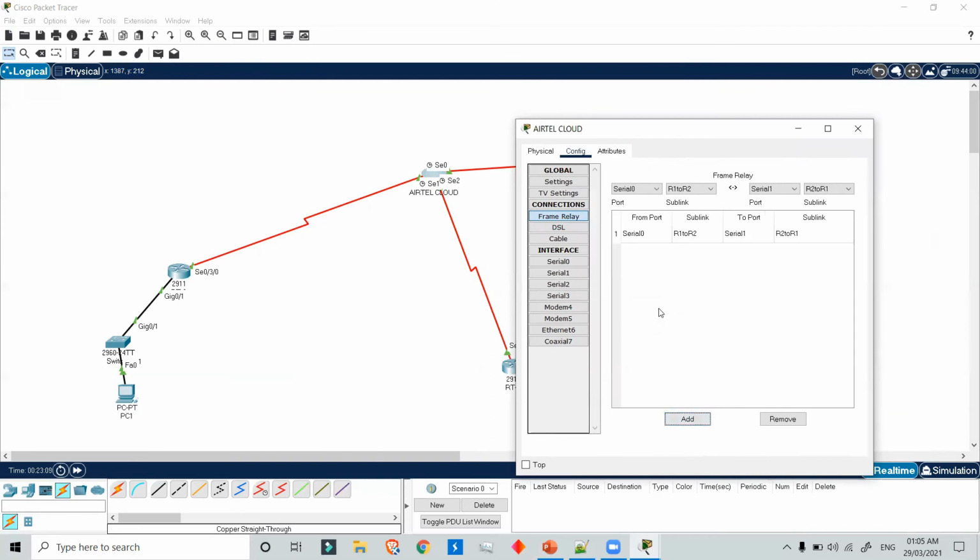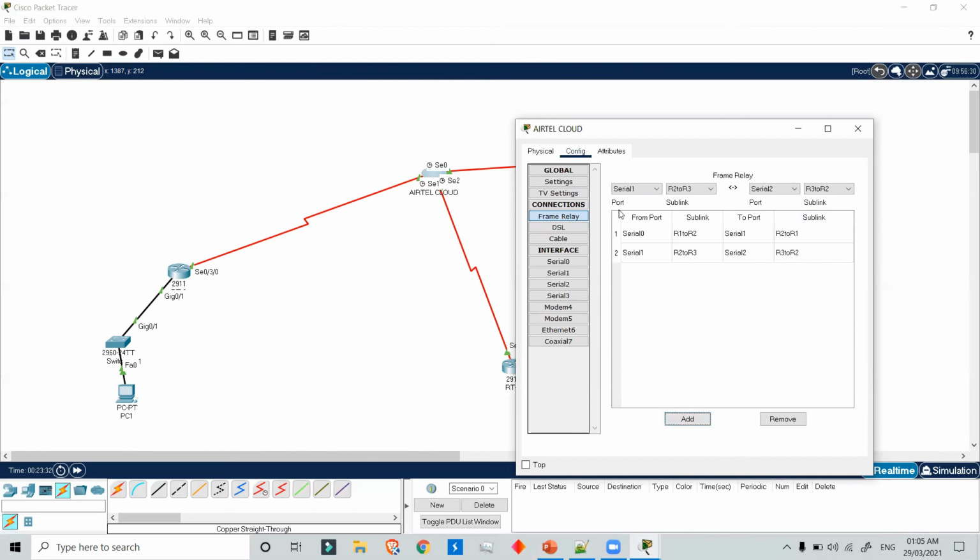So similarly for the other routers also. In serial 1, we want router 2 to connect to router 3. So router 2 to router 3, and for the to port, here we will add serial 2 as router 3 is connected into serial 2, and the sublink would be router 3 to router 2. Add.